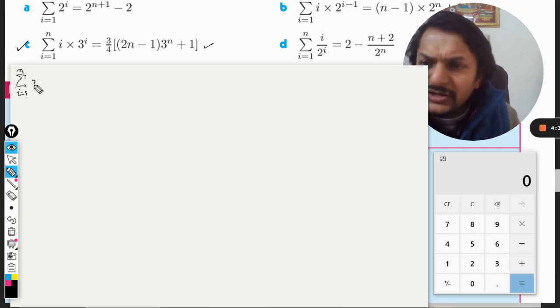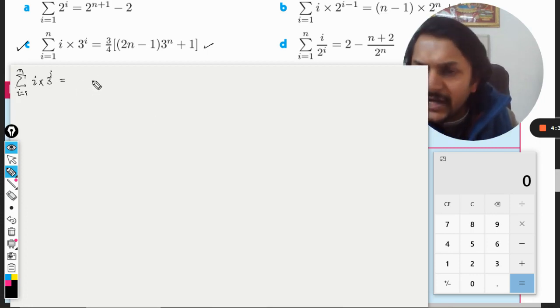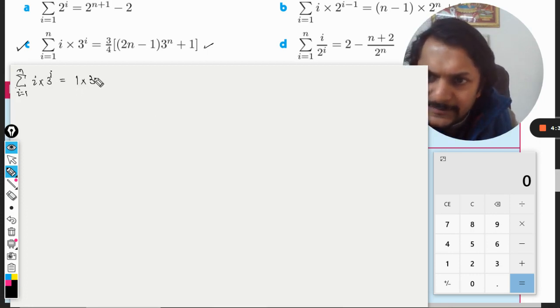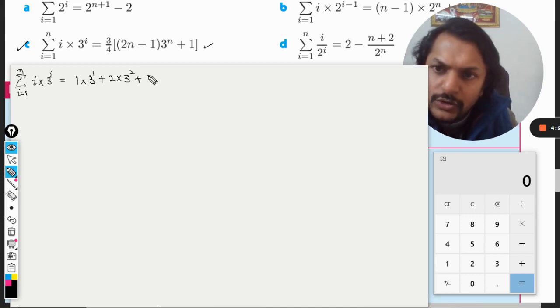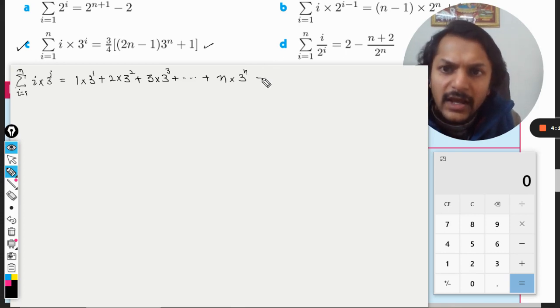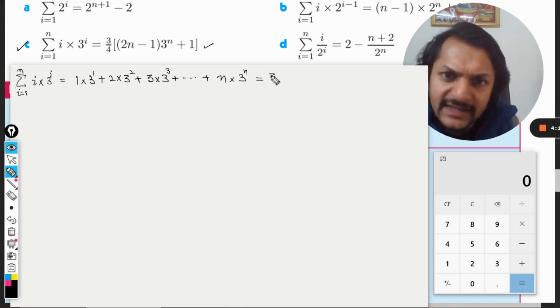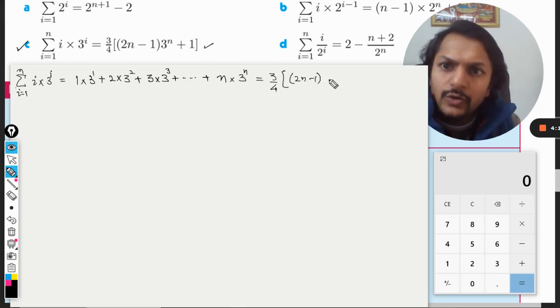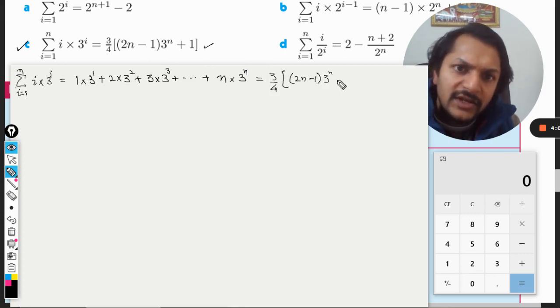So summation of i into 3 raised to power i. How will it be expanded? It will be like this: 2 into 3 raised to power 2 plus 3 into 3 raised to power 3, and likewise up to n multiplied by 3 raised to power n, and the proposition is that this is equal to 3 by 4 (2n minus 1) 3 raised to power n